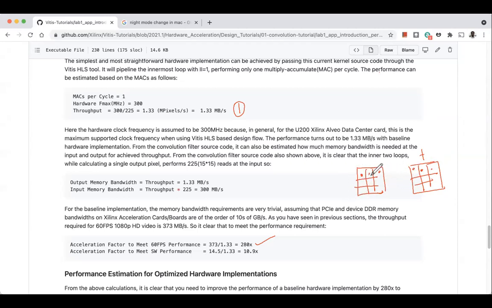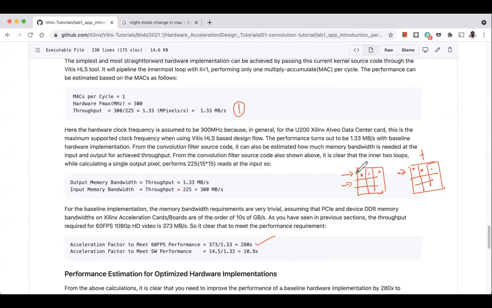So let's say if you just unroll the innermost loop, then first we take the dot product of this row with this row in parallel, and after that we go to the next row. We take the dot product of this row and this row. This dot product we completely parallelize.